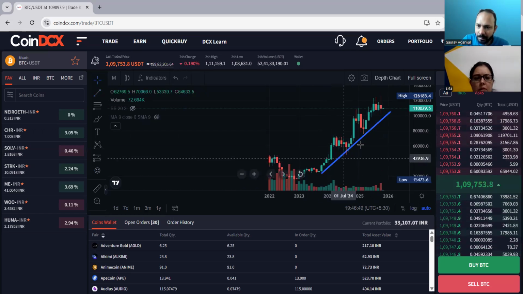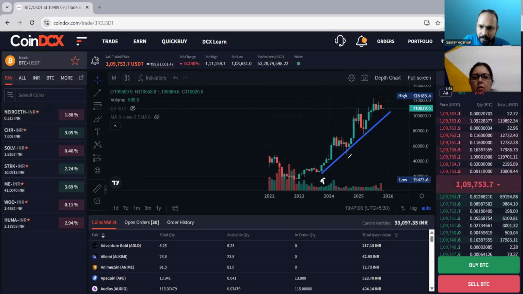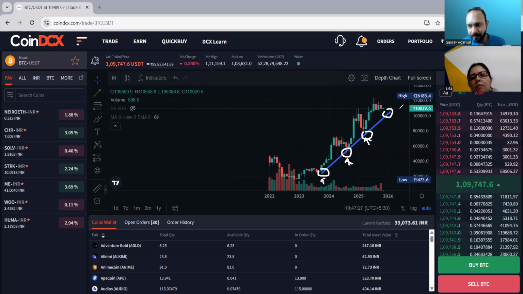I have taken all the support levels from the historical data, starting from 2023 till now. I have to join a minimum of 2 points, and now you can see I have joined 3 points: 1, 2, and 3, right? So this is the area wherein Bitcoin is taking support all the times. This is the support. Second time it took the support here. Third time it took the support here, right? So based on the historical data, we will think that next time also the Bitcoin should take support somewhere on this line only, right? So that may also be the best time to do some investments.